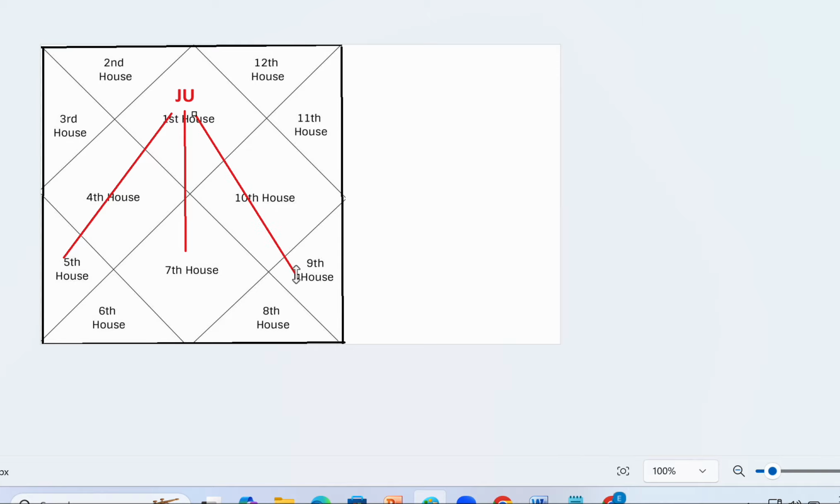I'm mixing two things up, but it's important that I tell you. Suppose I have Rahu sitting over here. Kiran sir, can you tell me what will be the consequence of this? Rahu is sitting in the ninth house, Dhanu. What will happen?